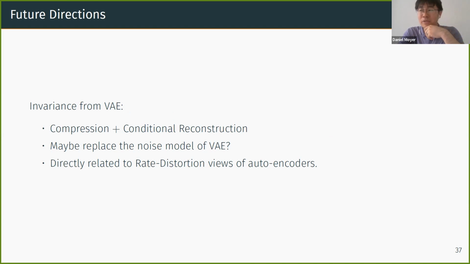Oftentimes, it can be helpful to lose the Gaussian encoder part of the VAE. And this brings us into this alternative way of thinking about autoencoders, that instead of recovering latent variables that previously existed about our data, we're encoding them. And this brings us into the encoding literature. So Shannon and rate distortion and channel capacity and things like that. And to me, that's a very exciting place to be.